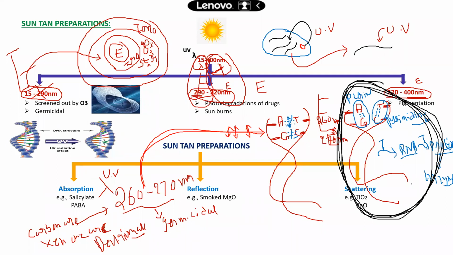Because you are applying variable energy, variable wavelength. If we apply only a single wavelength, then it can supply a continuous, constant amount of energy. There is no possibility of a gap, no possibility to develop a spore. That's why nowadays these are all outdated. Now only one UV lamp is utilized, that is the mercury vapor lamp.